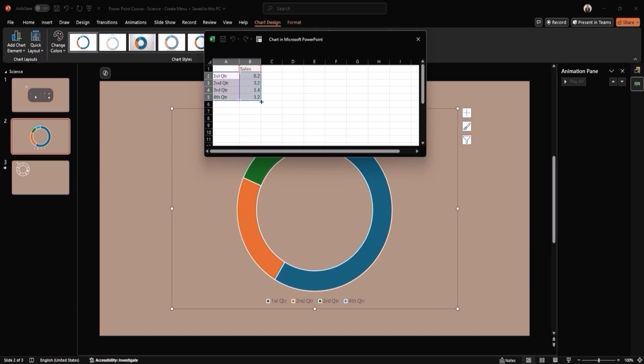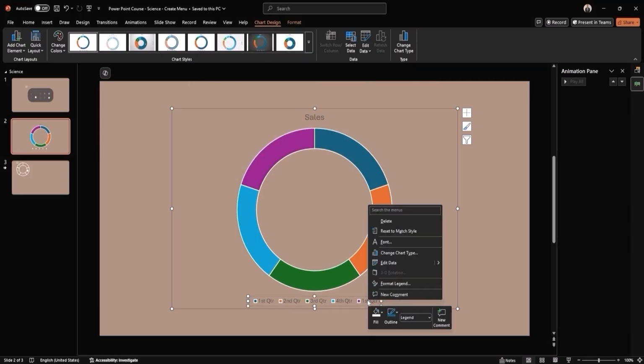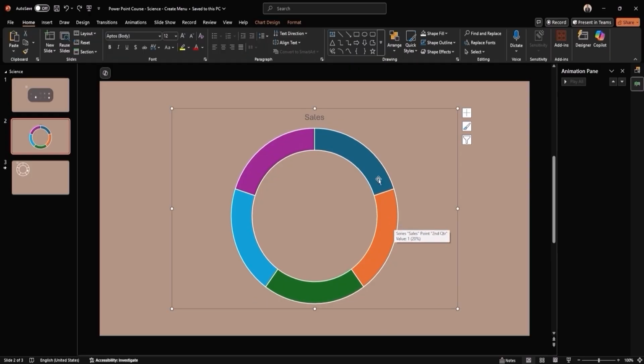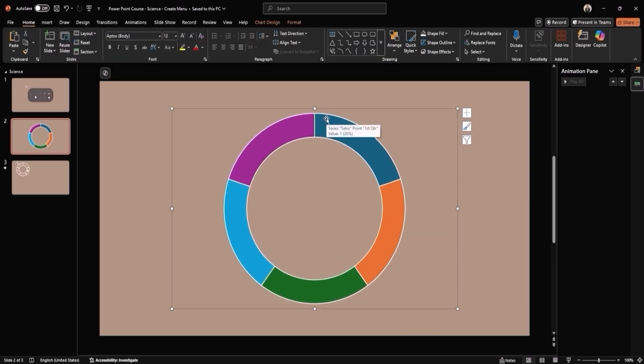To do this, highlight the existing 4 rows and drag them down 1 more row, or simply manually add another row below them. Now, under the Sales column, change each value to 1 for all 5 rows. This ensures that each section of the donut chart is evenly sized. Once done, close the Excel window and let's move forward. Then remove the labels from the chart. You can do this by either right-clicking on each label and selecting Delete, or simply left-clicking on them and pressing the Delete button on your keyboard.